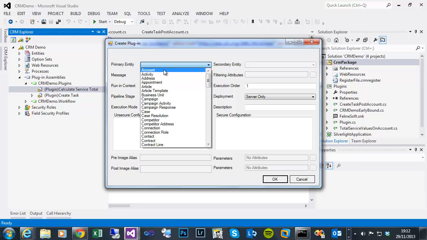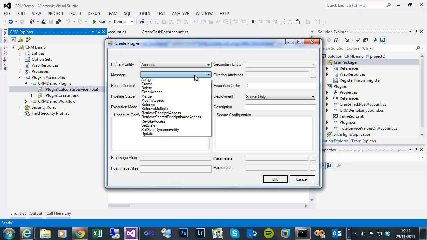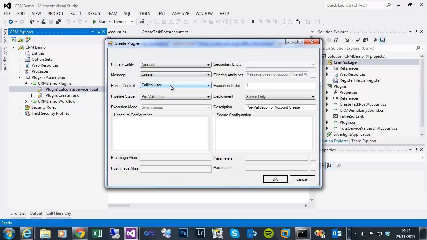It's an account, so click that, it takes a few seconds to retrieve the available messages. Quicker obviously on premise or probably on CRM Online. Message create for this first message in the context of the calling user, as I previously stated, pre-operation, so that it will pass the context with the additional property through to the main database operation,